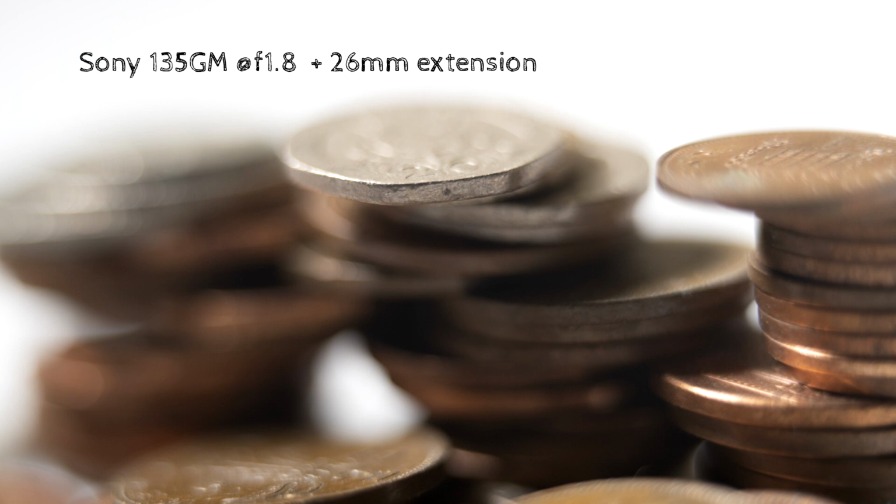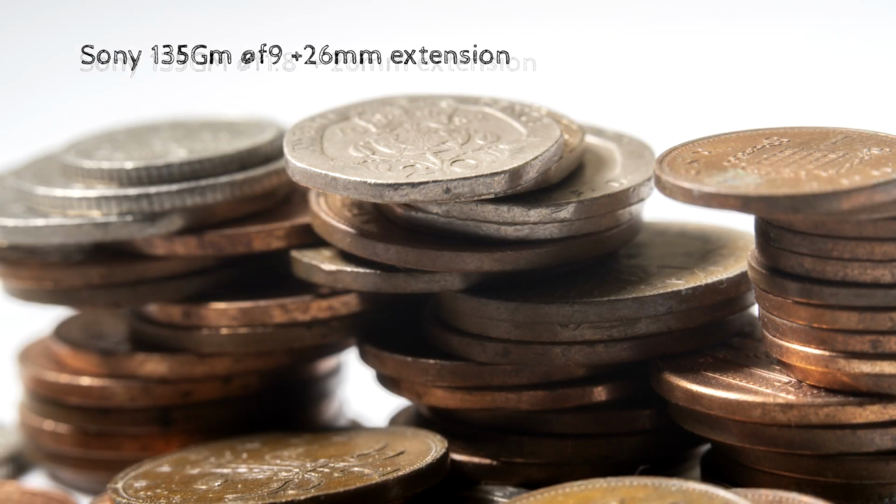with the extension tubes. It's so shallow, it's ridiculous. But look how close we are now. There's no cropping in this shot at all. And then jumping up to f9, suddenly everything becomes a little bit sharper, a little bit more in focus. We're looking at the 20p piece at the top, really. And then as we go through another